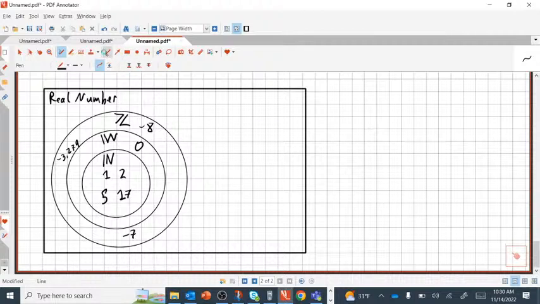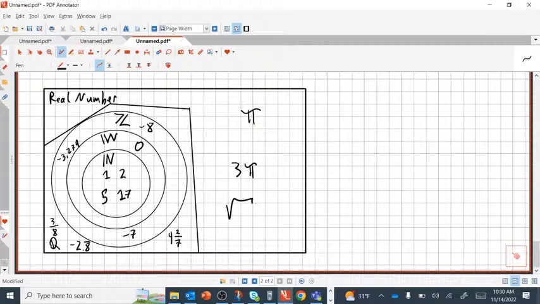And finally, we have, I'm going to have to use a different tool for this, the rational numbers, which is represented with a double-barred Q, which is like fractions and decimals, like 3/8, -2.8 repeating, 4 and 2/7, whatever. And then you have all the irrational numbers, which live in here, right? All the numbers that live in here, like pi, 3 pi, the square root of 7,